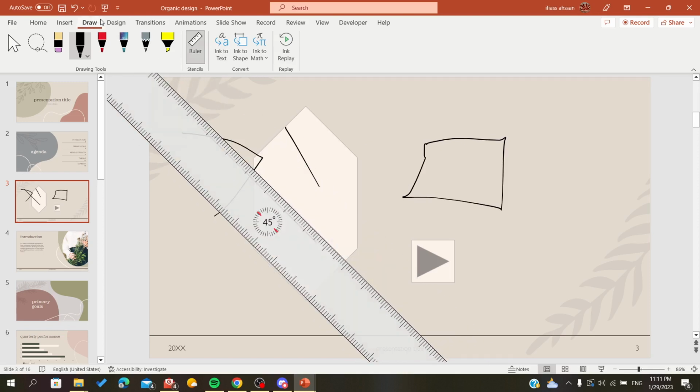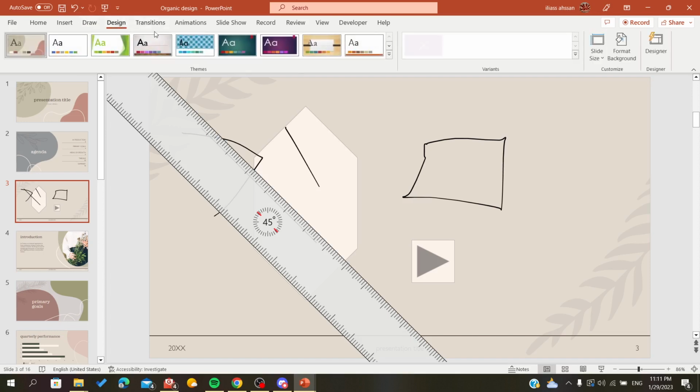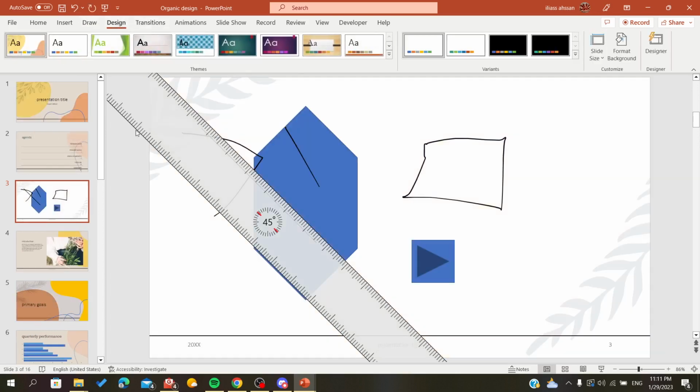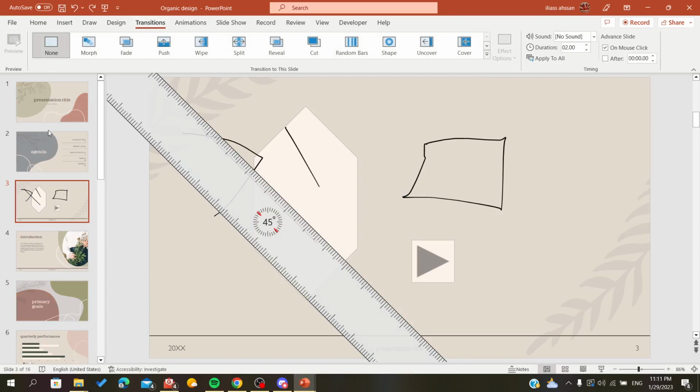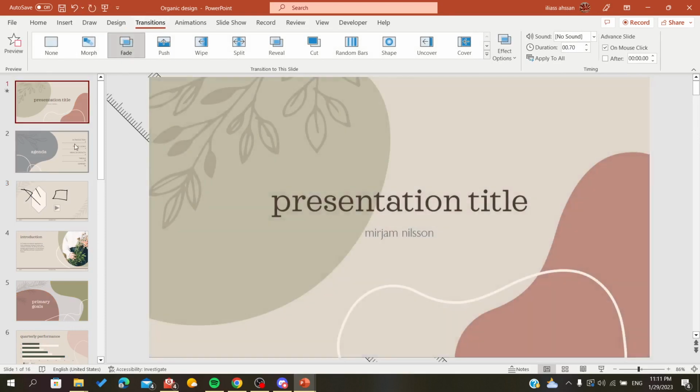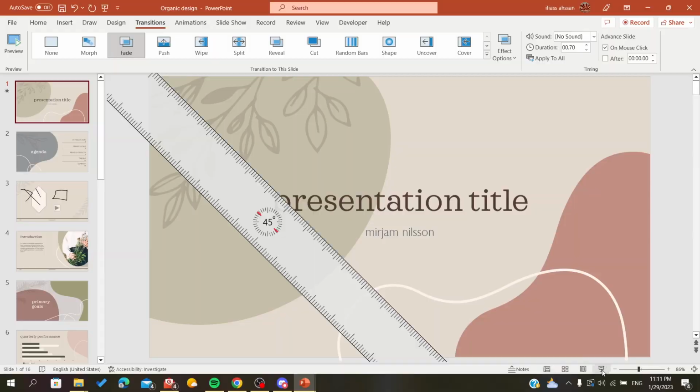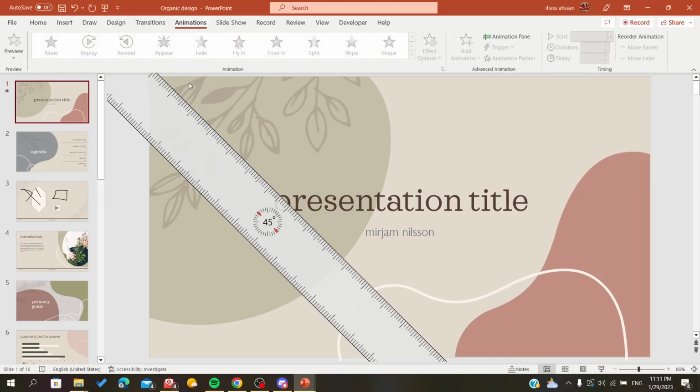with the drawing menu. And there is a design where there are some presets of design or color range of your design. And now this is the transition between a slide to a slide. So whenever I'm going to the presentation mode, it will fade or give the depends on the animation that you give it. And the animation contain